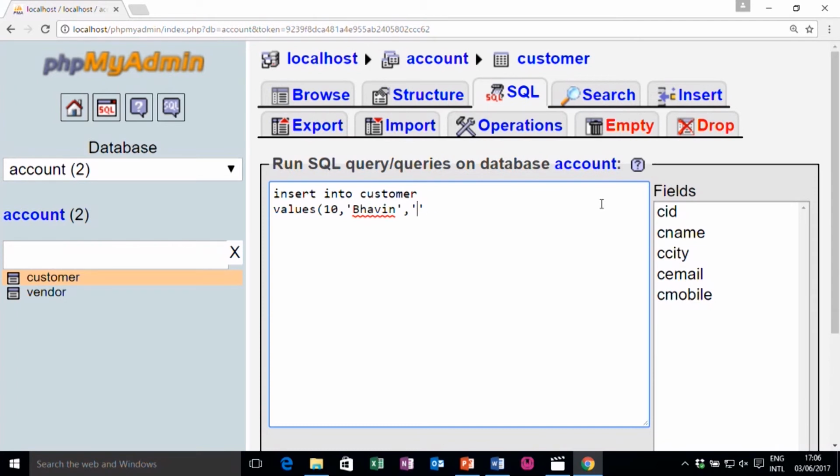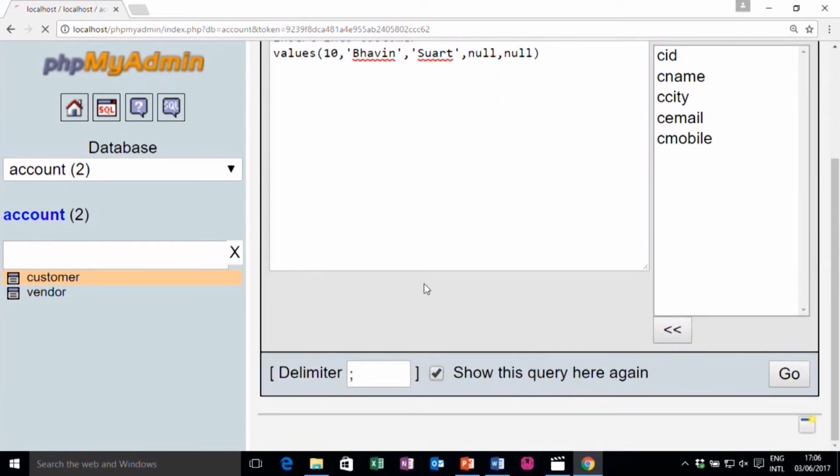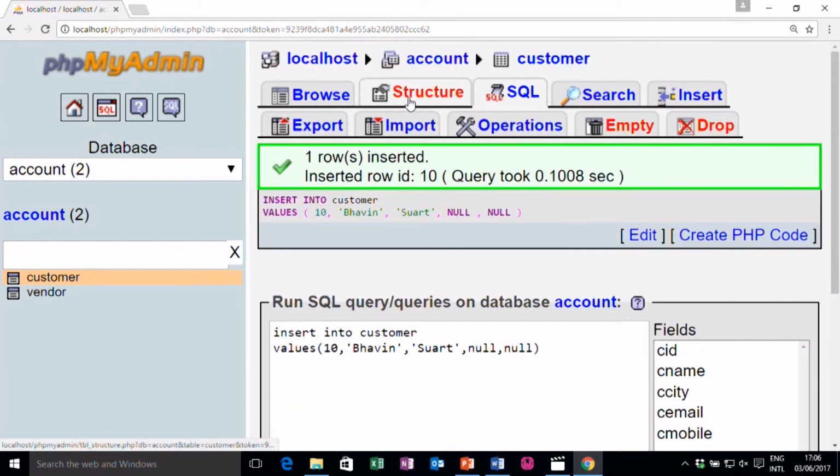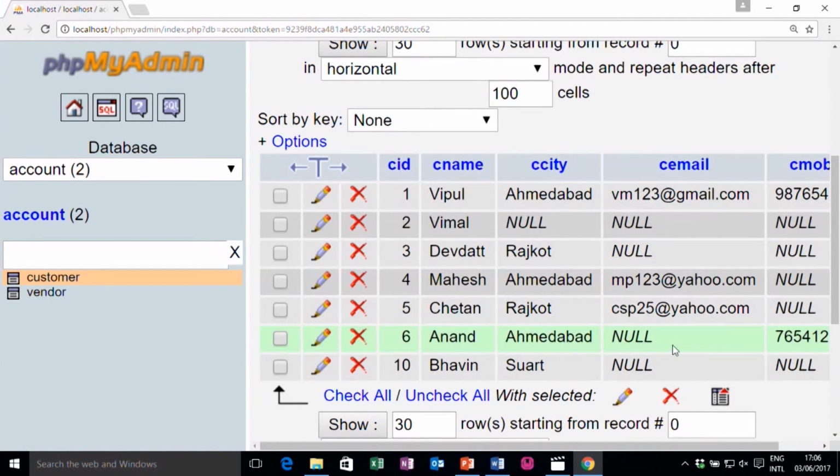I do not need to write it, but as I do not provide a column list here, I have to provide some value for that one. So, let me write its city is Surat, its email is I do not know, so I can write null, mobile I do not know, so I can write null also. Click on go, and that will be inserted. If you check it, you can provide a null value that way also.